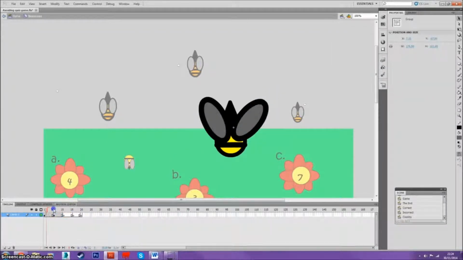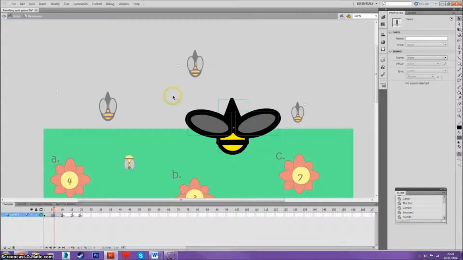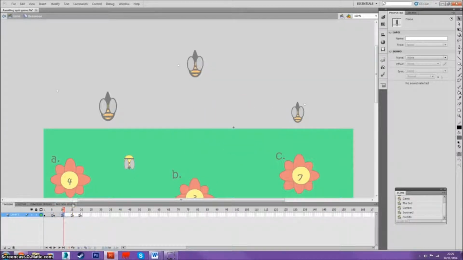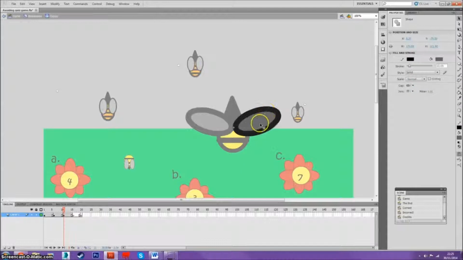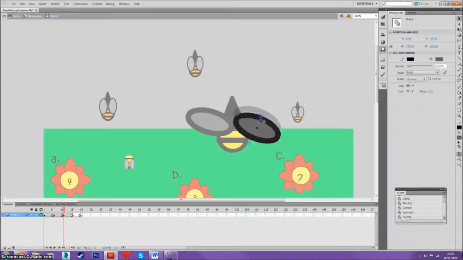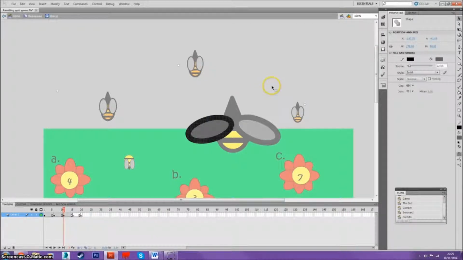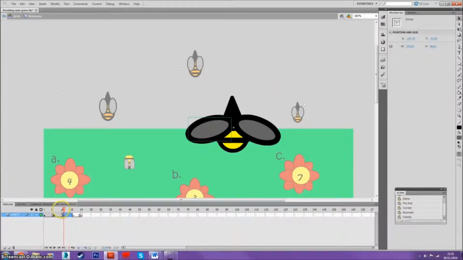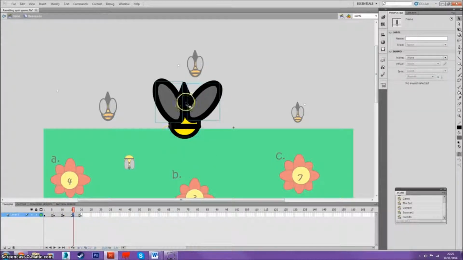Okay, so as you can see already, I'm going to copy this and paste it into frame number 11, and basically move, oh, dislocating its wing in the process of flying. Control T to transform and rotate. And copy into this frame, paste into the frame again,